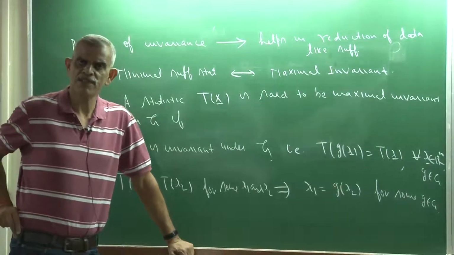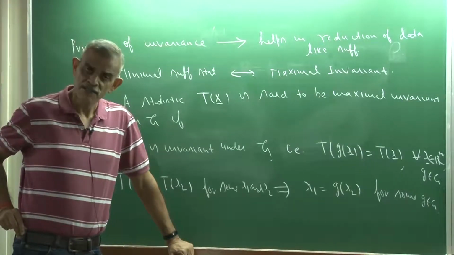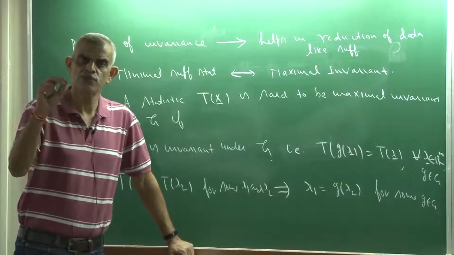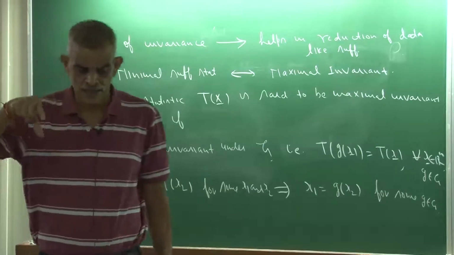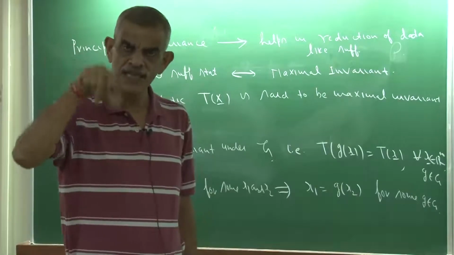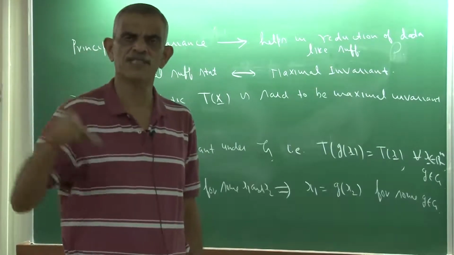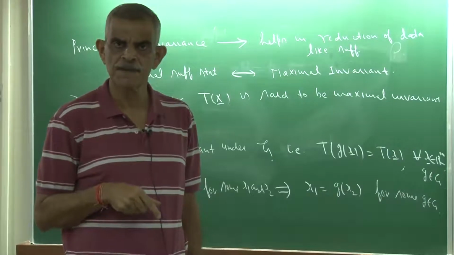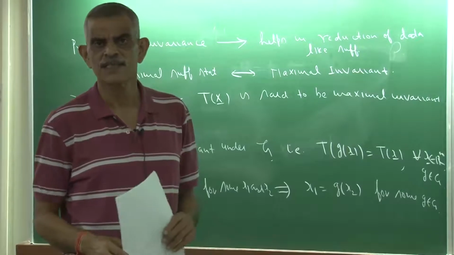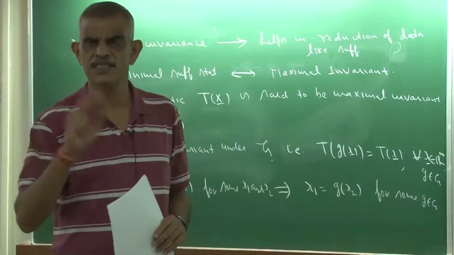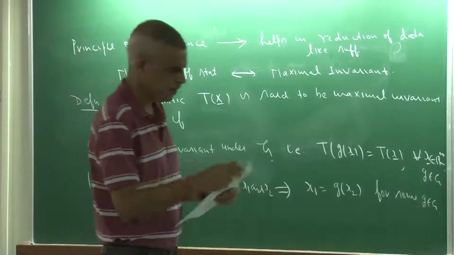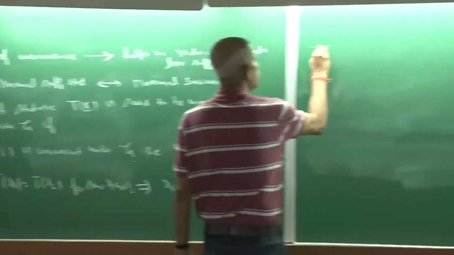What would be the maximal invariant functional? First of all, it should be invariant. That means theta of f should be the same as theta of g-bar f, where g-bar is the group of transformations on P. So theta of f should be the same as theta of g-bar f. And it would be maximal in the sense that if theta of f1 is the same as theta of f2, then f1 and f2 should be related through g-bar. So this theorem says that